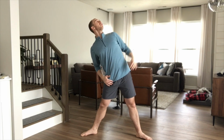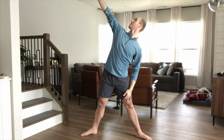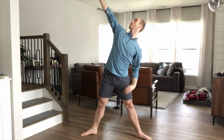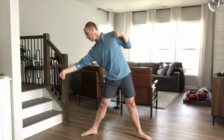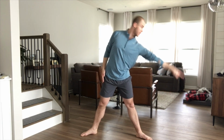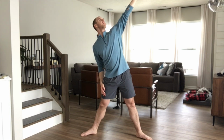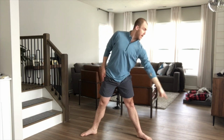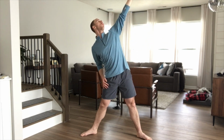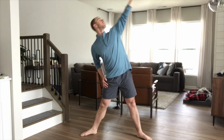So if I start here, I'm going to change as I come to this next corner on 1. As I change to the next corner, my body's going to go with me. 2, go to the next corner, which is that way, and change 3, and I'm going to stay on 4. Let's do that twice. 1, and 2, and 3, stay 4, one more time, 5, and 6, and 7, and